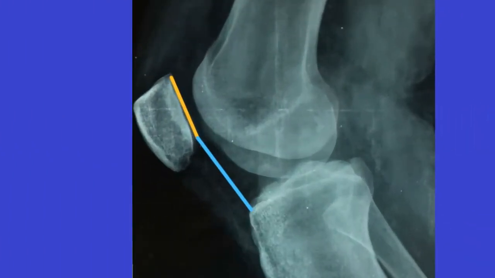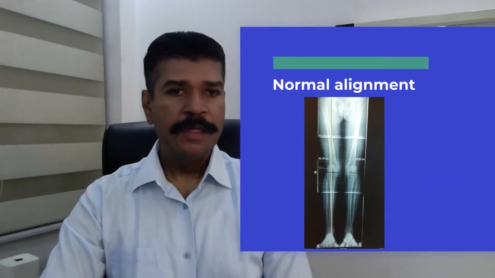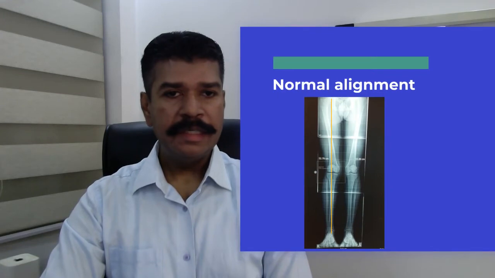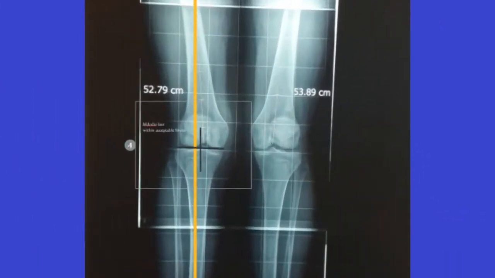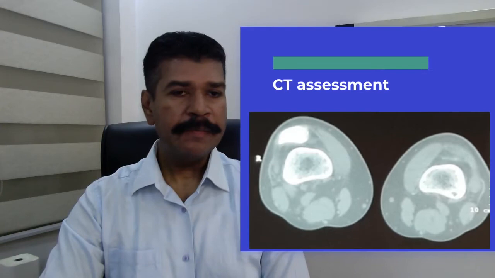The other thing which is very easily evident in a good lateral view like this is that there is trochlear dysplasia. There is a Dejour type C trochlear dysplasia with the crossing sign and the double contour clearly seen in this lateral view. I also like to check for alignment. In this particular instance, even though it was slightly on the lateral side, it is still within acceptable limits. I don't envisage doing any realignment surgery for this particular boy.